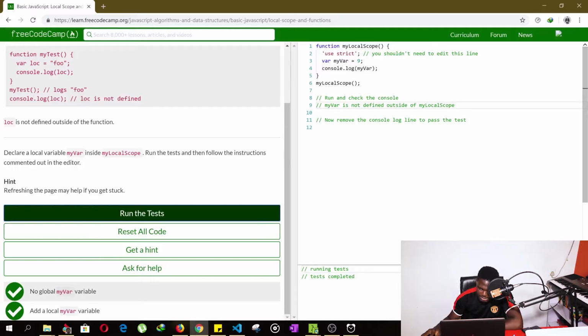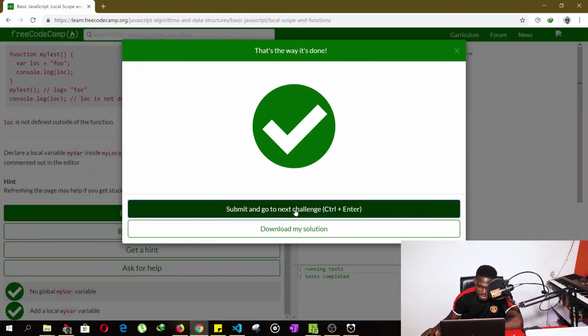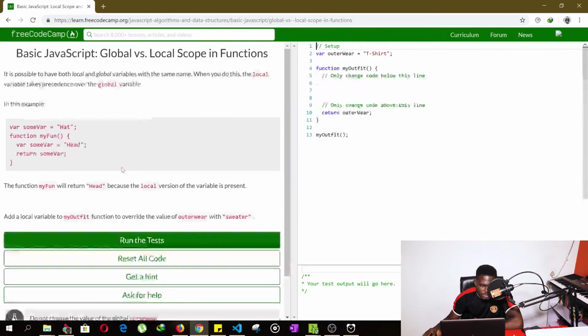These tests are meant to be right here and not here, because I never pay attention to the comments, which is actually a bad habit of mine. Okay,